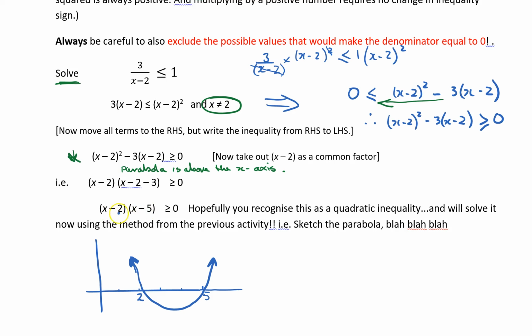Sketching this parabola, we can see that the roots, or the zeros, or the x-intercepts would be plus 2 and plus 5. It's meant to go through there. So we can see that it's an up the right way parabola, so we sketch it. Now we're looking to see where the parabola is above the x-axis. Now it's in separate branches, so we would write it's above the x-axis in this region for x, and in this region for x. Now we're going to write them separately, so we can see x is greater than or equal to 5,